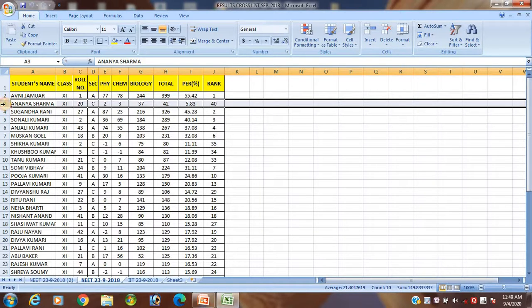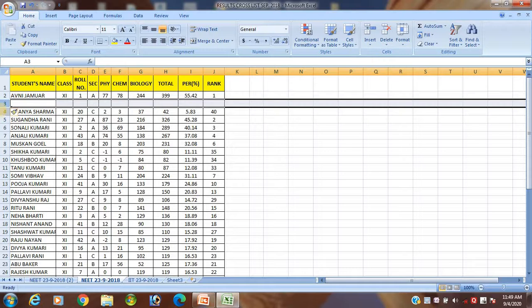First of all, you select the cell. Then go to the Home tab. This is your Home tab. Then go to the Cells group. This is your Cells group. Then click on Insert. Then click on Insert Sheet Rows.